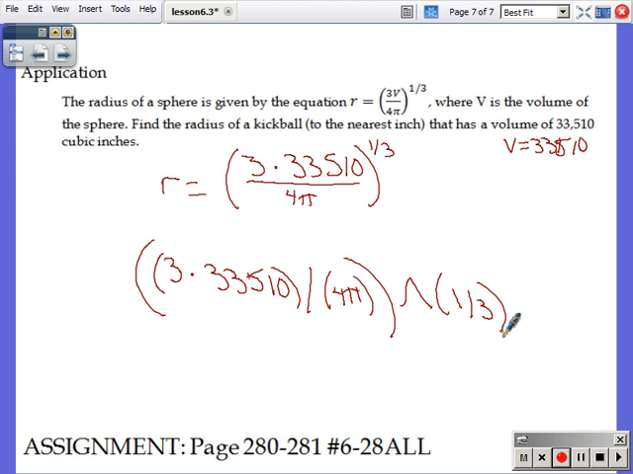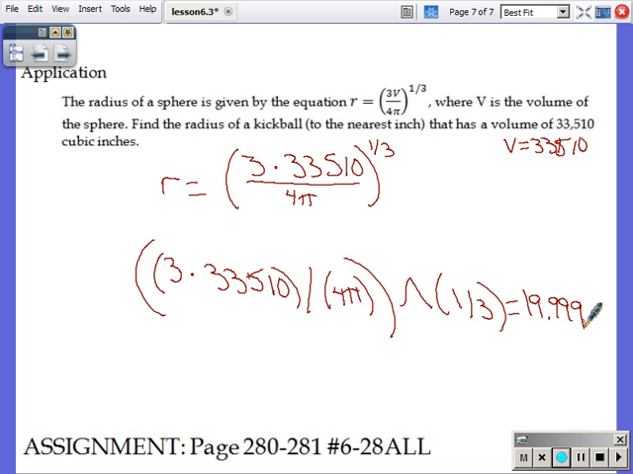Overuse parentheses. You can never use too many sets of parentheses. Make sure, hey, calculator, I want 3 times 33,510 all in the numerator. Tell it that. Put it in parentheses. Hey, I need to divide by 4 pi. Make sure you put that in a set of parentheses so your calculator knows to keep that in the denominator. I need all of that raised to the 1/3. Put all of it in a set of parentheses. Since you need the 1/3 to stay in the exponent, make sure that also is in a set of parentheses. Hit equals then, and your calculator is going to give you